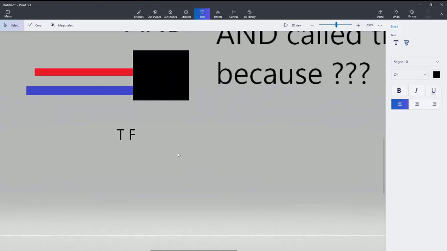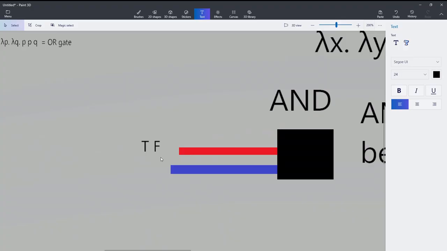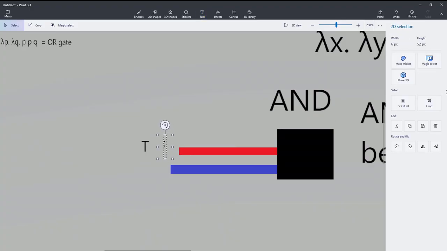We'll just do a normal truth table. So what it'll do is it'll take T or F, which in Boolean,